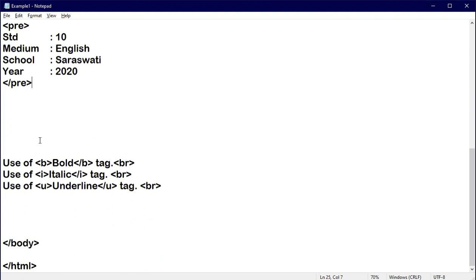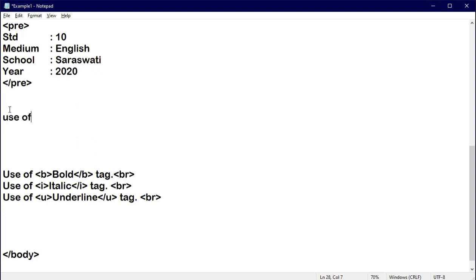Now next there is a tag which is used as a typewriter font. It means if you want to display the text in typewriter font style, then you can use it like this, that is use of typewriter font tag, and just break your line, and whenever you want to use it, it will be indicated by TT tag open and TT tag close.